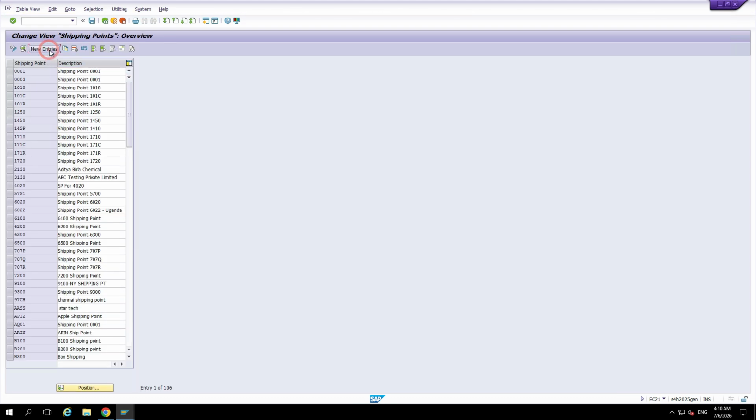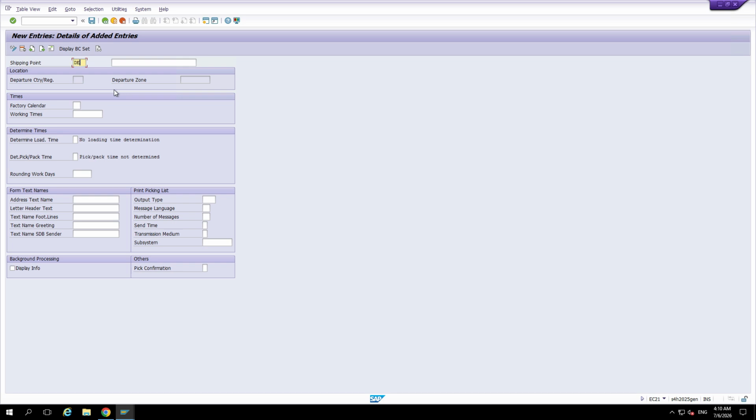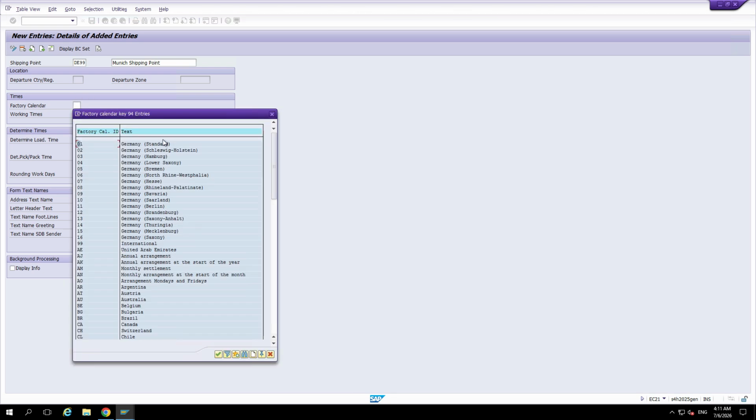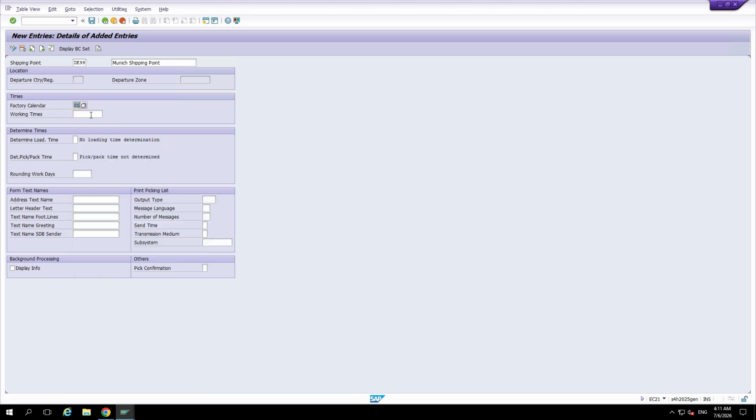Click on New Entries, enter your shipping point D99, say unique shipping point as a description. Factory calendar 01, take it as Germany standard. Working times, if you need, you can maintain. You can enter the determined loading time in number of days, pick pack time in number of days, and